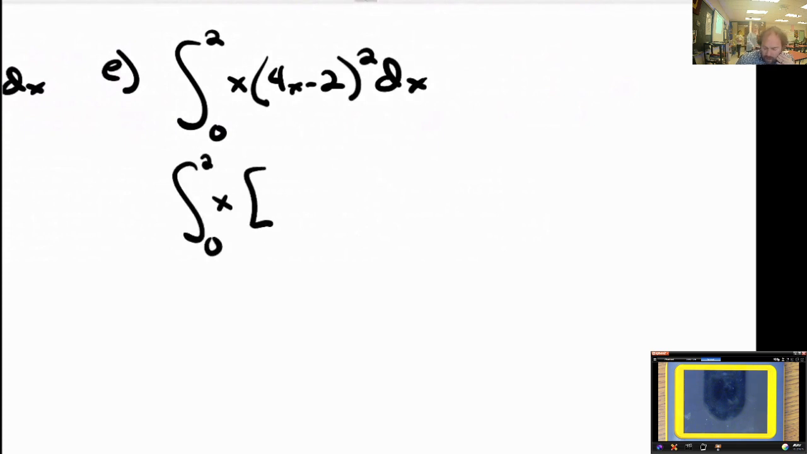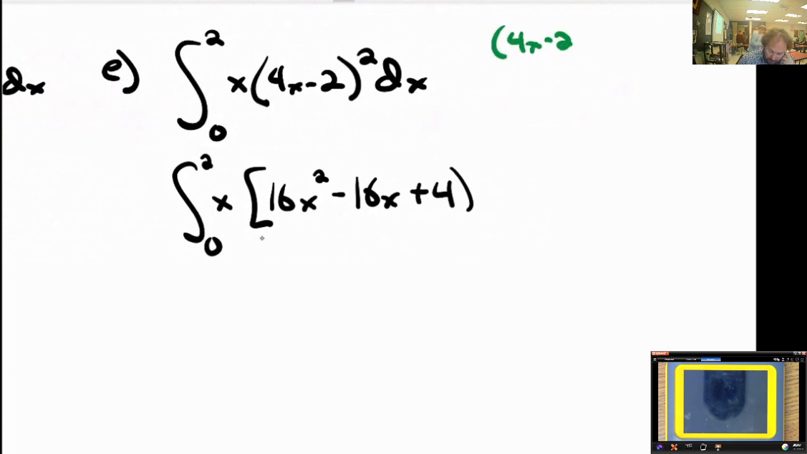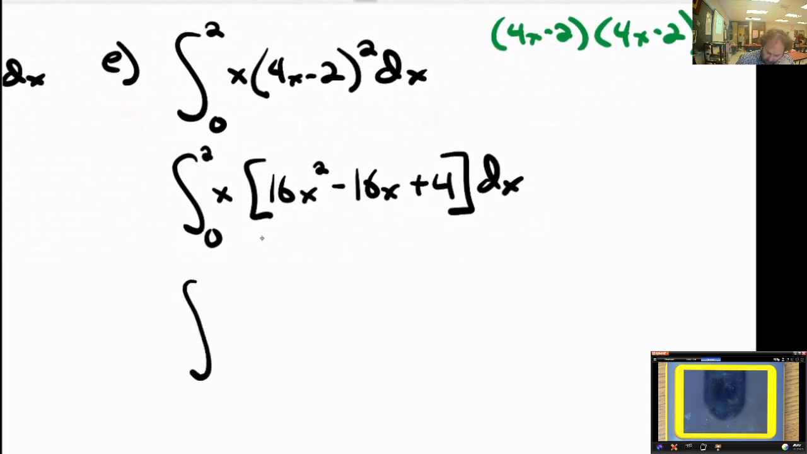(4x minus 2) squared is going to be 16x squared minus 16x plus 4. And all I'm really doing there is doing 4x minus 2 times 4x minus 2, kind of in my head really fast, but that's where I got all those parts from. The 16 comes from the fact there's going to be 2 pairs of negative 8x in there. And we still need to distribute that x all the way through. So this is the integral from 0 to 2 of, how about, 16x to the third minus 16x squared plus